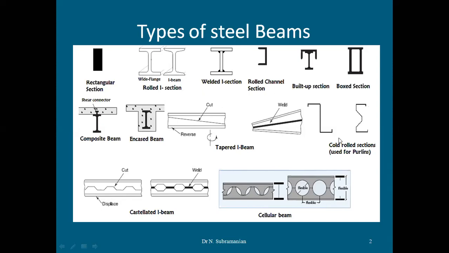Okay. So cold sections can also be used. I already discussed many times, these cold rolled sections can be used for the frameworks. Castellated I-beams can be used, and cellular beams can be used. So these are all the steel structures you usually see in industrial steel buildings. Okay, so these you come up with in advanced steel designs. No worries. Right now you have to know what sections can be used for beams.